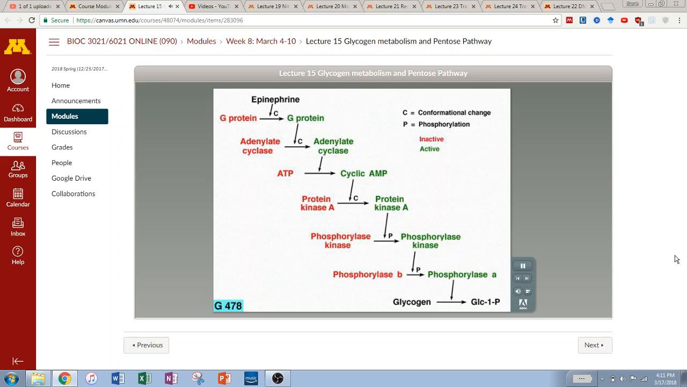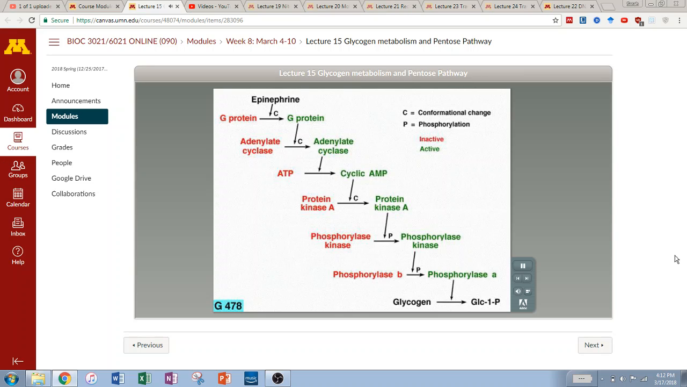Epinephrine stimulates a series of reactions that result in the activation of the catabolic enzyme phosphorylase A, which degrades glycogen. The regulatory cascade includes a number of features which you'll encounter often in biochemistry. These features include the binding of a hormone to activate an extracellular receptor protein, the activation of a G protein